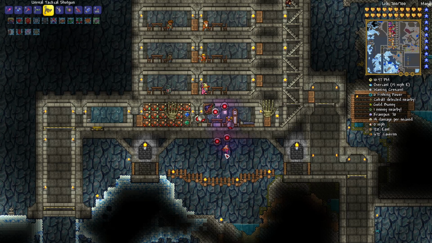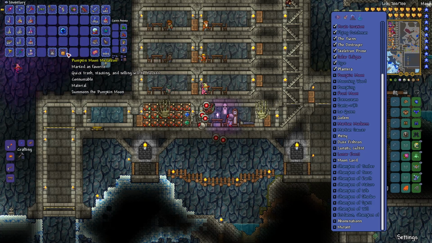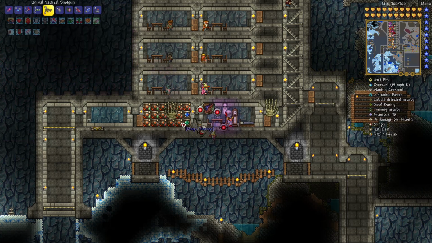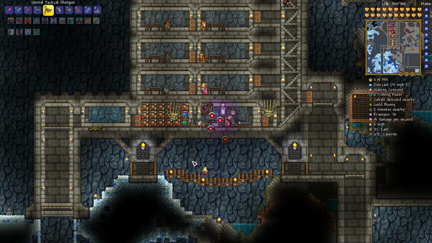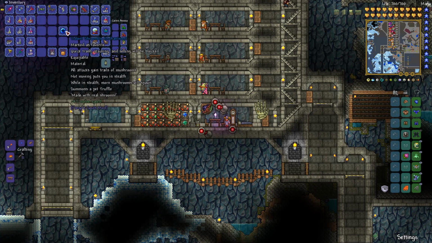Now, a lot of you guys have actually mentioned to me that the Frost Moon is actually easier than the Pumpkin Moon, which I'm pretty sure is normally the other way around, at least in my opinion. I generally find the Frost Moon to be significantly harder. But if you guys say that it's easier of the two, then you know what? We're gonna go do it. We're gonna get that one done out of the way first. But like I said, before I run off and do either one of these, I'm gonna talk about the Shroomite